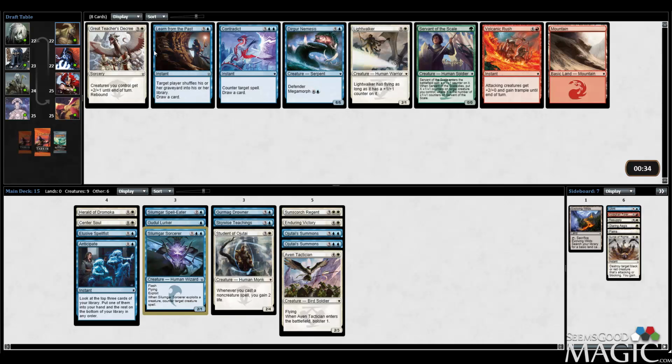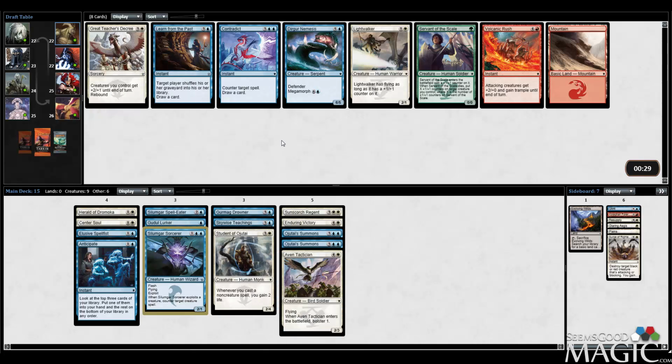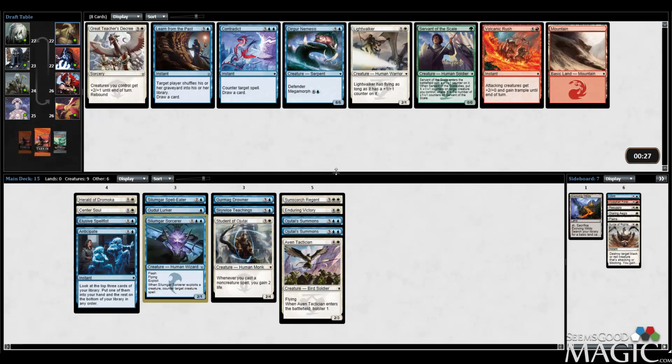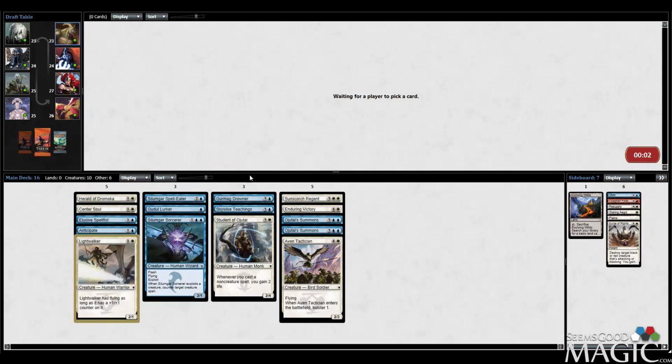Alright. I mean, there is Great Teacher's Decree, which probably is pretty sick with some Ojutai's Summons. This deck's coming together kind of nicely. Otherwise, there's a Lightwalker. It's pretty tough to make Great Teacher's Decree work. It's also Contradict, but we are certainly good on the 5-drops. I guess I take Lightwalker. It doesn't look that good in here, though. I guess it has some synergy with Herald of Dromoka. But I've only got a couple ways to put a counter on it. Maybe I can change that, but Great Teacher's Decree just...